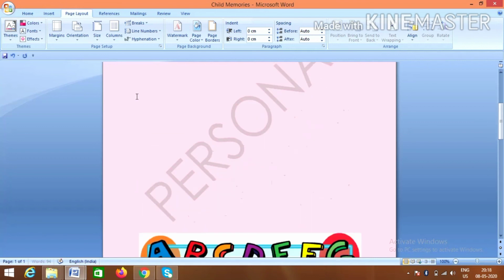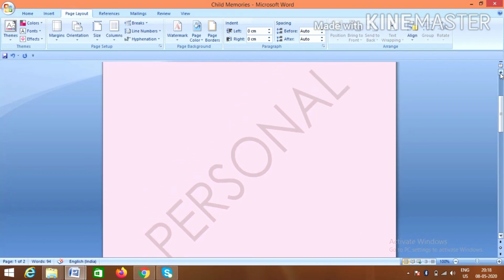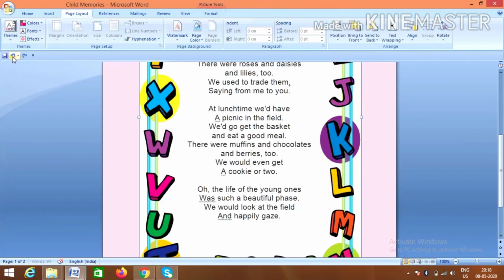See students, I am taking it down, so the watermark is here. If we are giving this frame, the watermark will not come, because it is acting like a picture above it. Yes, we are pasting a picture to make a border. Anyway, my motto is to teach you how to give a watermark, and secondly how to give a frame or border. Fine. So now we will undo it to give a professional look again to our document, and done.